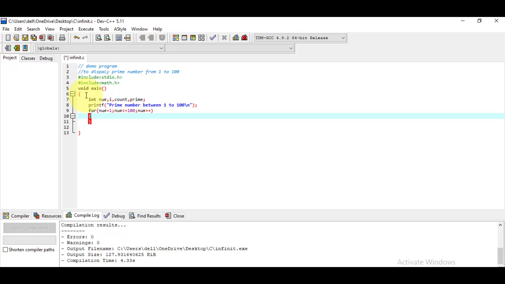And here, as we know from mathematics, 1 is neither a prime number nor a composite number.